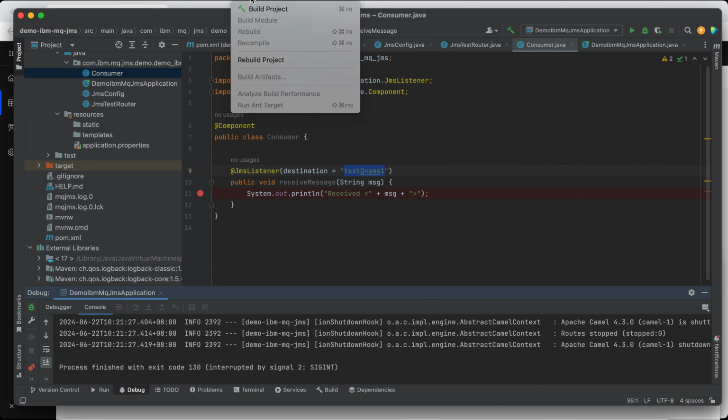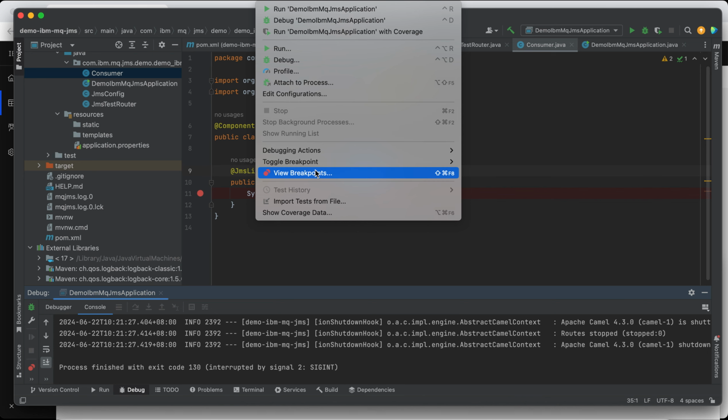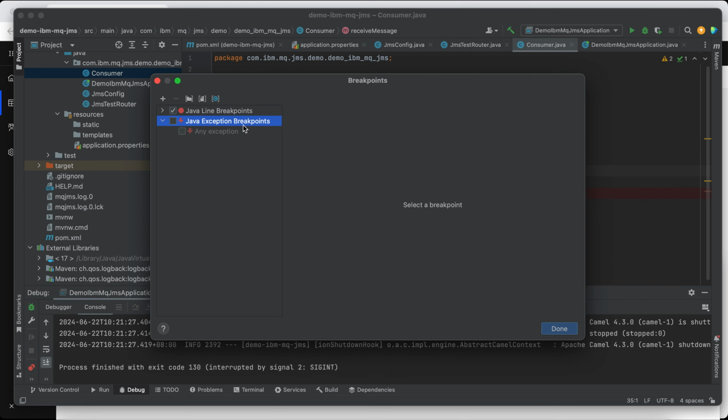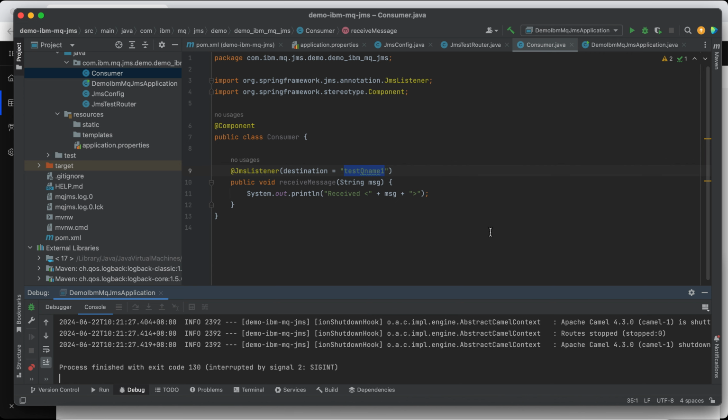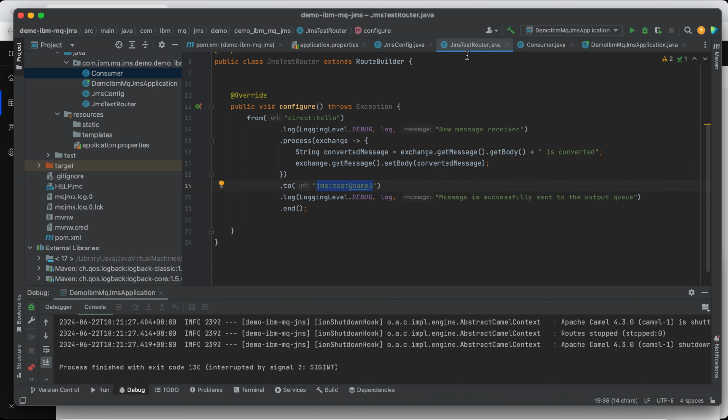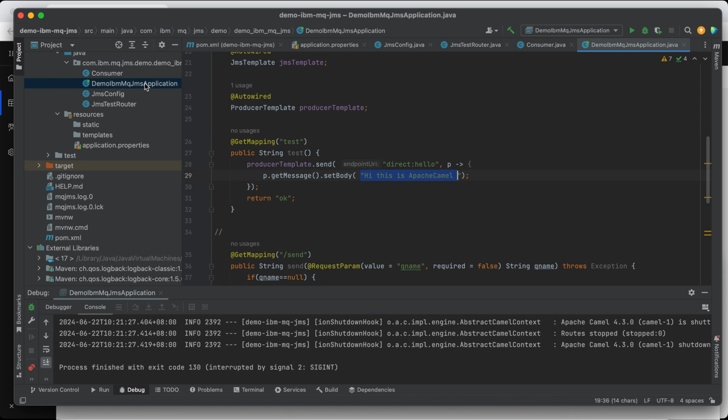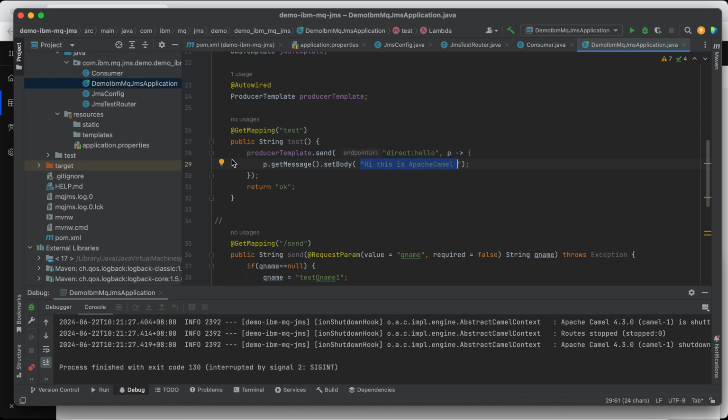Let me remove the breakpoint first. What we want to verify is that we are going to send the message here. We will trigger this endpoint, then it will send this message, hi, this is Apache Camel.